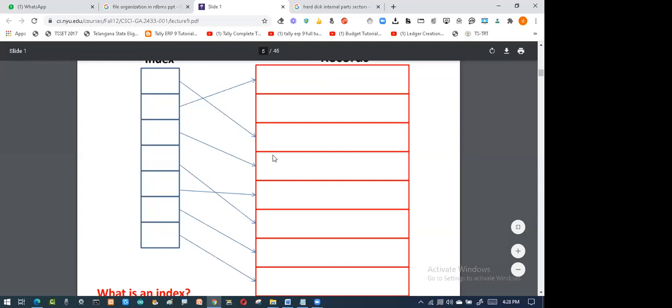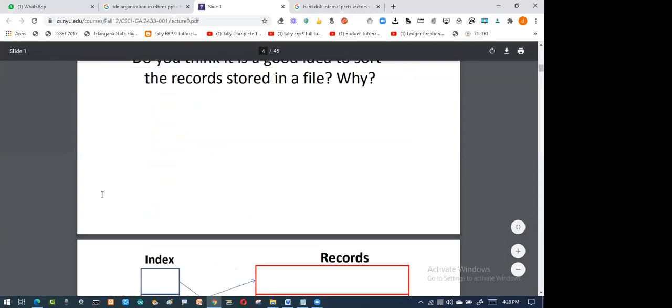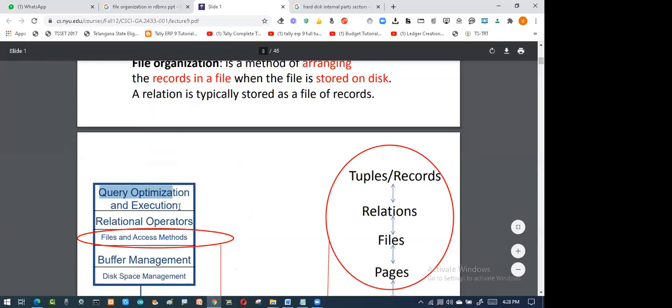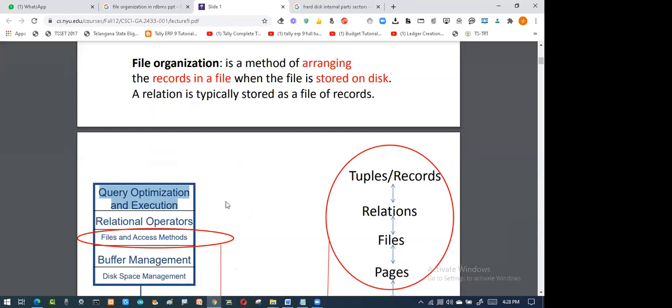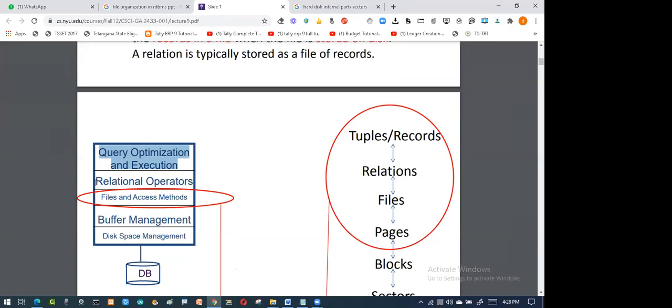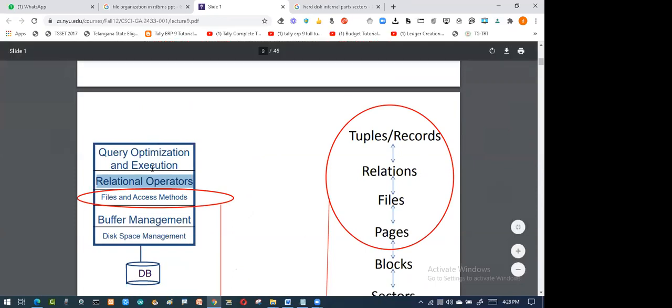So if you see the diagram here, what is the first one you find? It's query optimization and execution. That means you are putting some questions. What is the question? I want so-and-so record. When I'm asking the question, it's nothing but a query. With the help of relational operators, say using equal to, less than, greater than, I'll say the roll number 20 belongs to Hyderabad, or the name or the city, those coming from Hyderabad. Like this, I am putting some questions. Using some relational operators, I'm trying to access the files.